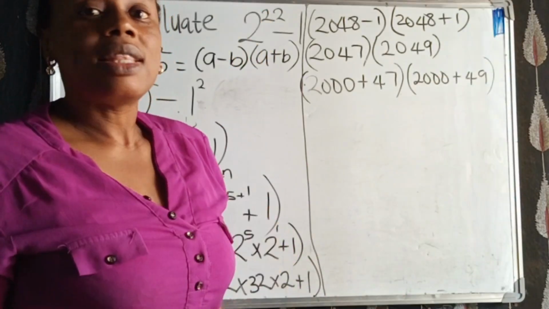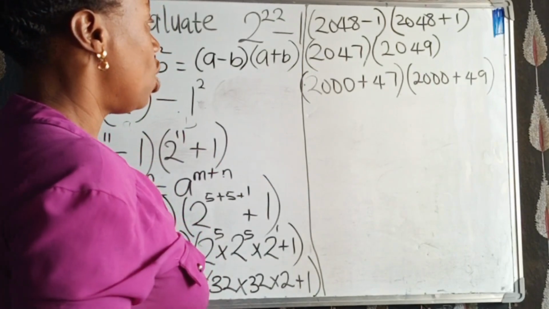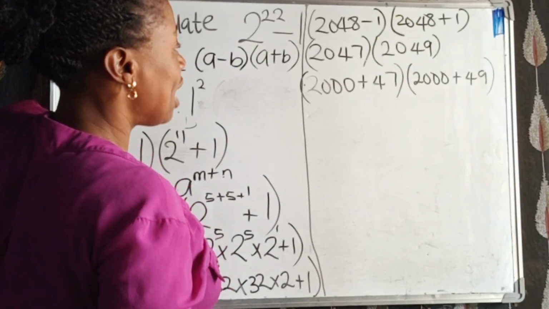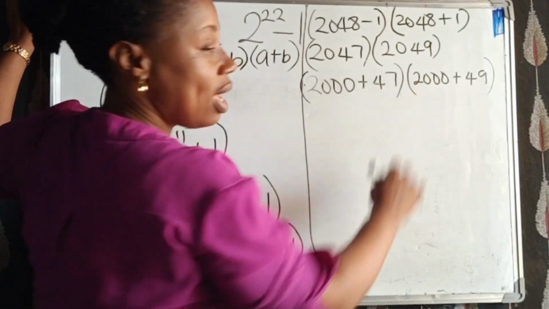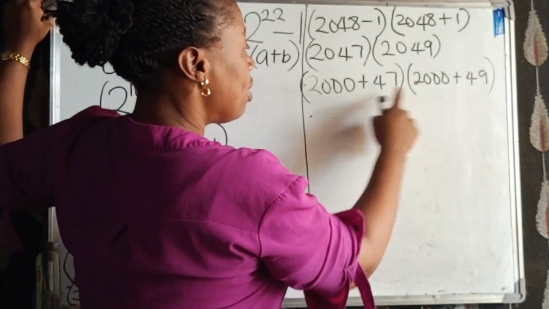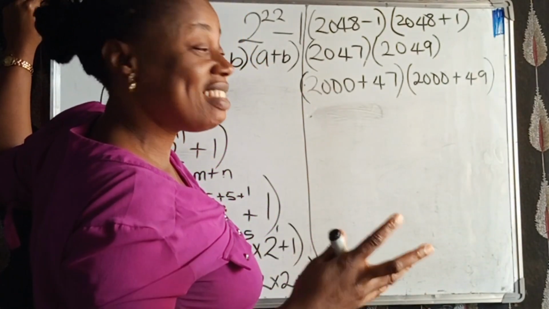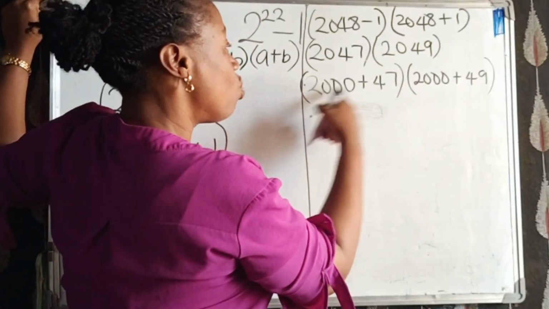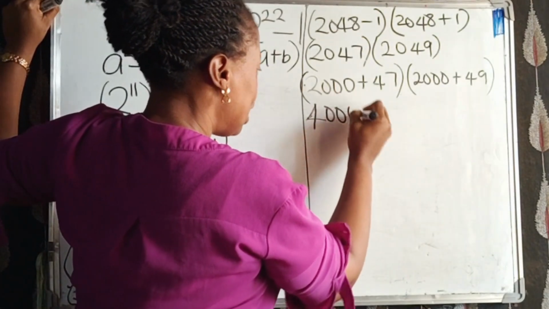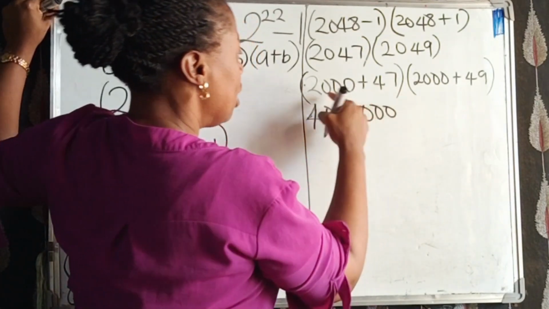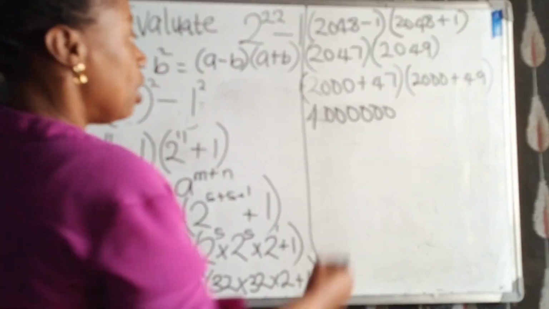Now, it is easy for us to multiply it when we break it out like this. So the next thing we are going to do is to start our multiplication. 2000 times 2000: you have 3 zeros here, 3 zeros here, so you are going to have 6 zeros, and then you multiply 2 times 2, which is 4. That will be 4 followed by these 3 zeros and these 3 zeros here. You understand? Plus